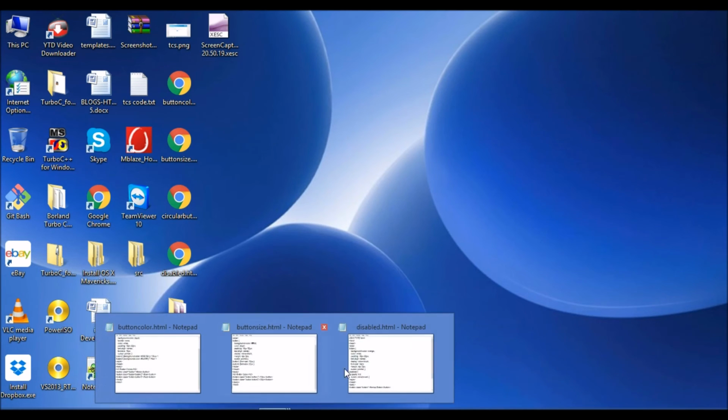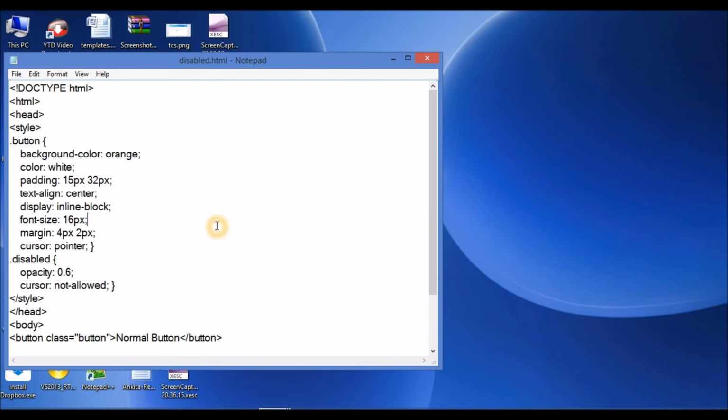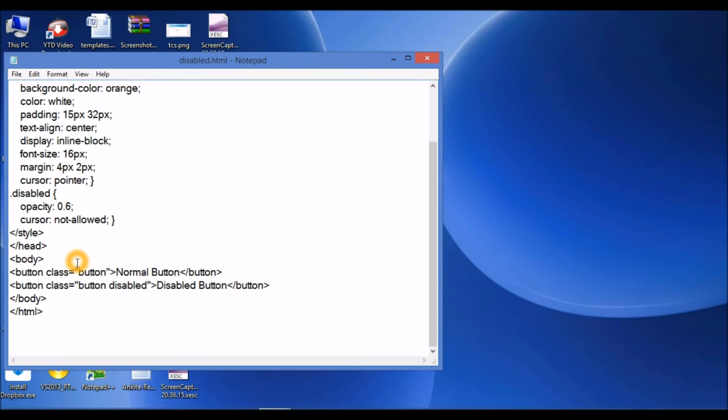For defining the disabled button, what we have to do is, I've taken two buttons, a normal button and a disabled button. I've just simply mentioned in the class as disabled, and with the disabled property I have written opacity.